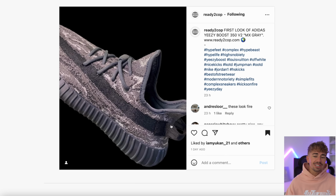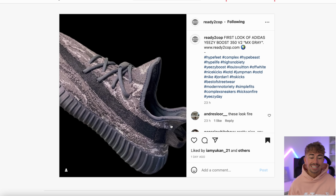This one is very small because we've only got one image. So take a look at this here. This is apparently the upcoming MX gray colorway of the Yeezy 350. So yeah, this is literally the only image that we have. As you can see, it's a gray version of what we had with the MX Rock and the MX